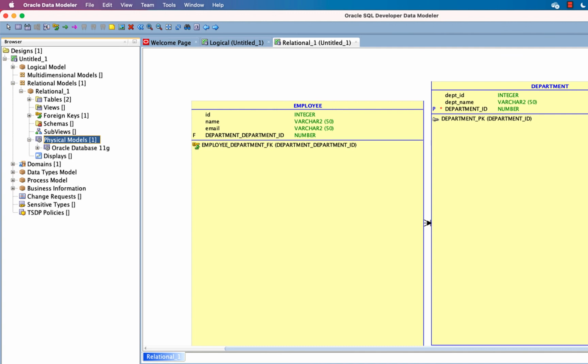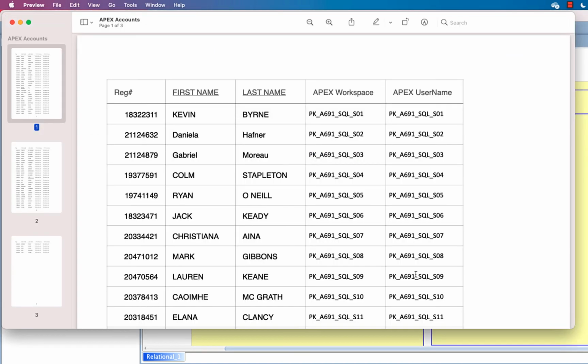This lecture would obviously be available, so if you're stuck, you can go through just these 5-10 minutes and you can simply make things. I have uploaded this document. Every person has an Apex workspace and username assigned.